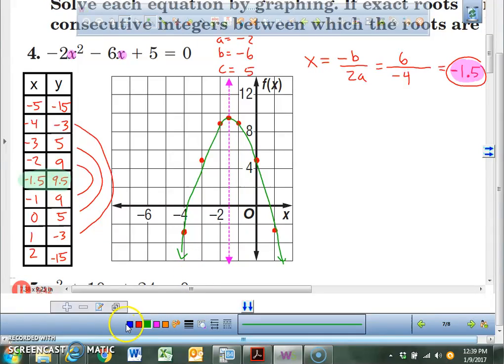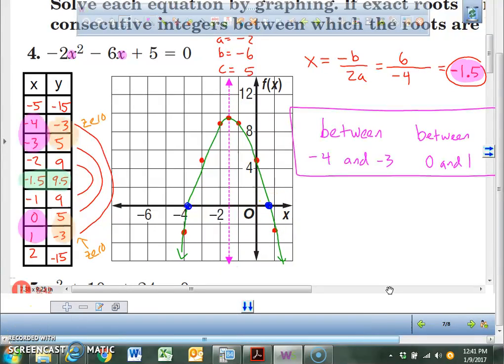Now you'll notice that the zeros are right in here and right in here. These are not exact. Okay? Where are they located? They're not located perfectly at an integer. This one's located between a negative 4 and a negative 3. This one's located between a 0 and a 1. So I'm going to write down the final answer. So your final answers are between negative 4 and negative 3 and between 0 and 1. That's where your y value